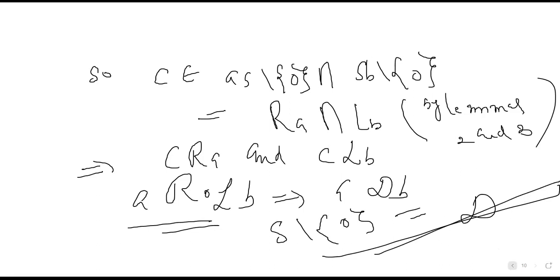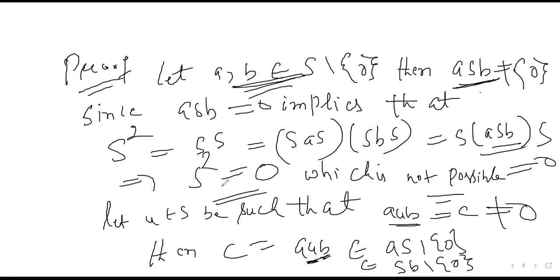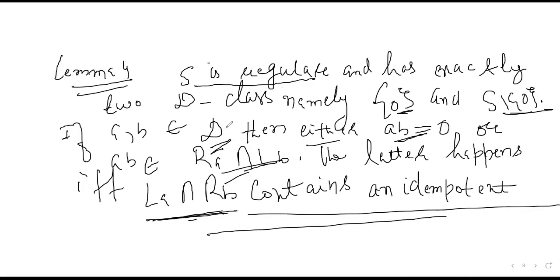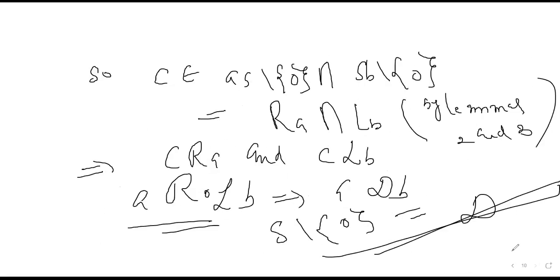Okay. तो हमने ये वाला पार्ट कर दिया, इसका पहला पार्ट, इस लेमा का। नहीं, इस पहले पार्ट का कुछ हिस्सा कर दिया। हमने ये कर दिया कि S has exactly 2 D classes। एक तो 0 है, दूसरी S minus 0। ये वाला हमने कर दिया।